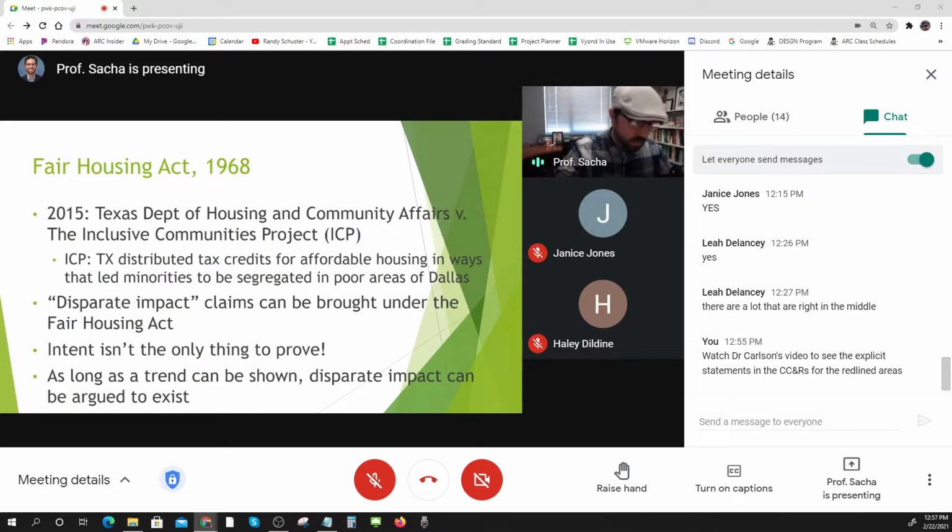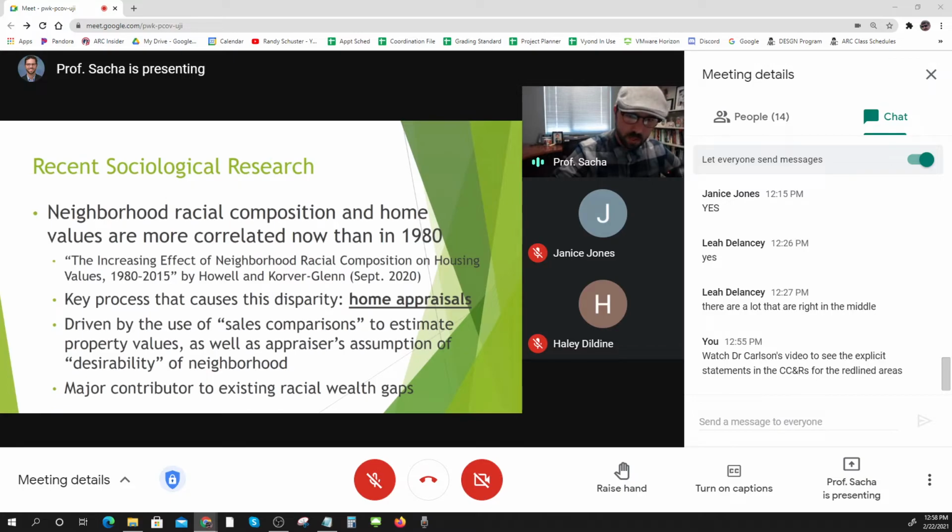I'm going to skip through here. It's important to note there was a Supreme Court case in 2015 that allowed for the Fair Housing Act of 1968 to no longer have to prove intent, that a Fair Housing Act claim can be made just by this thing that's called disparate impact. It's a little bit in the weeds. I'm going to skip through this. So there has been some change to the Fair Housing Act and its ability to be used to enforce, to call out and to litigate cases of racism and racial inequality. I'll skip all this. I'm sorry.